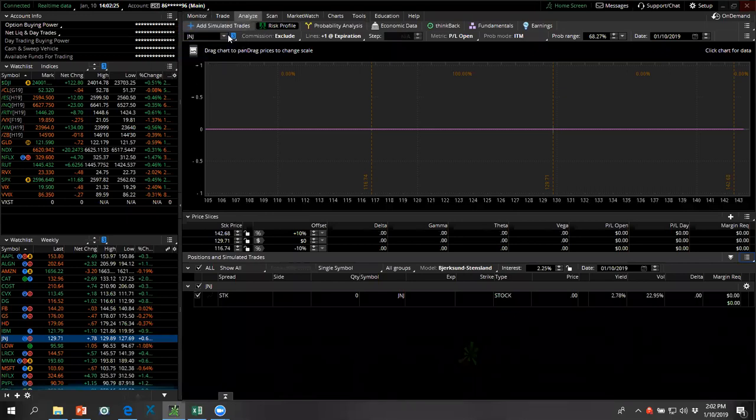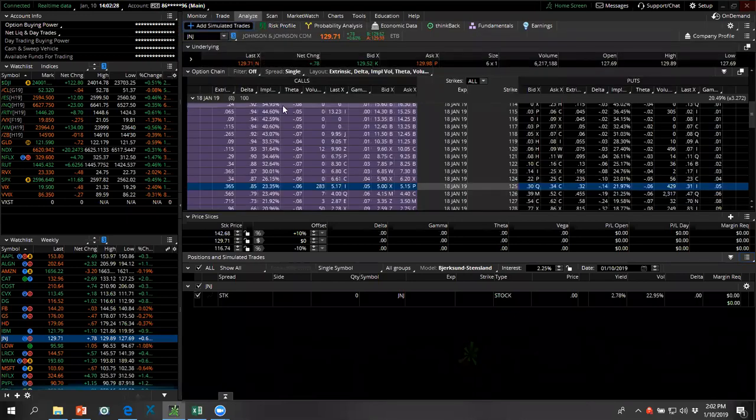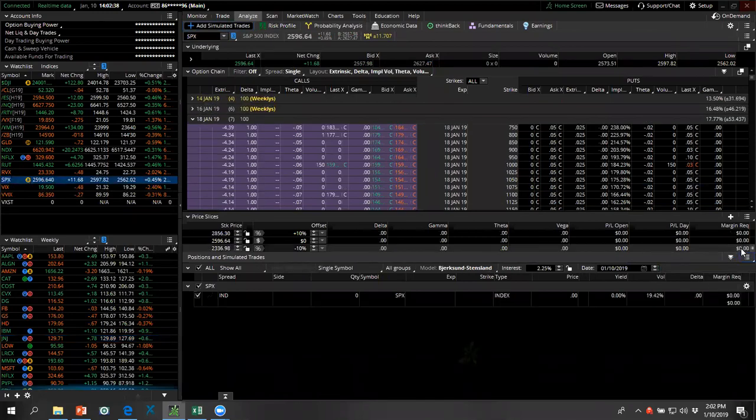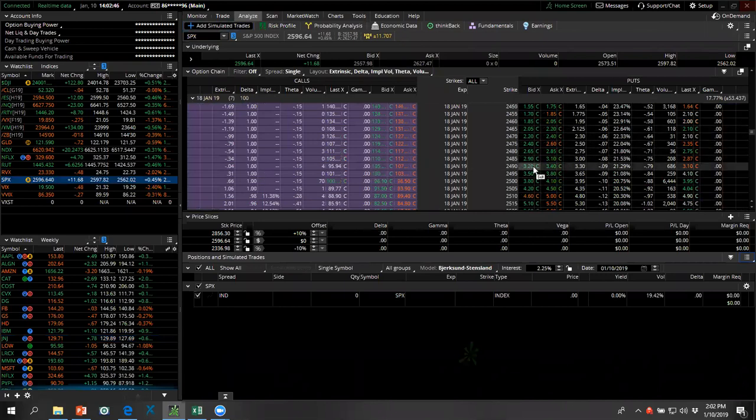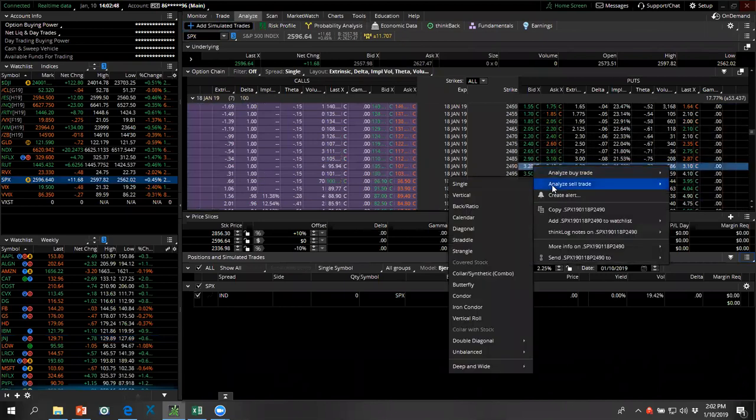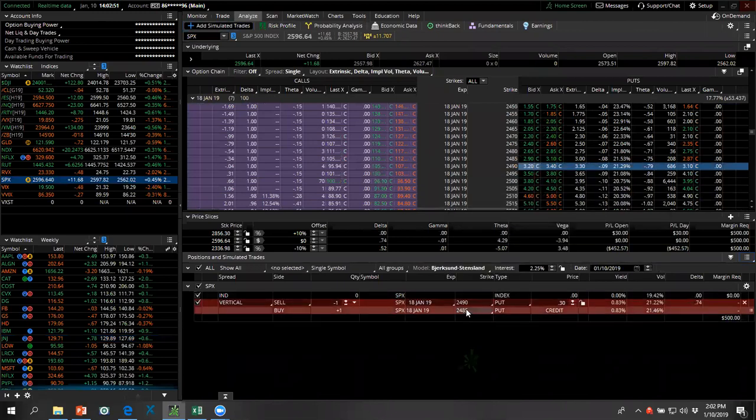So let's start with a simple example. Let's say that you had a credit spread on SPX. You go to SPX, clear this out. Say it was out of the money. I'm just going to randomly pick some strikes and make a credit spread. Okay, there's one. I'm not recommending anything. This is not a trade. Don't go do this. It's just an example of what I want to point out.